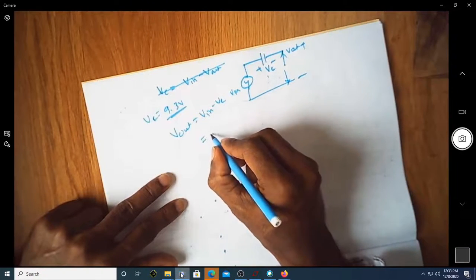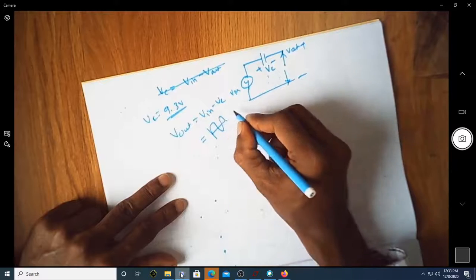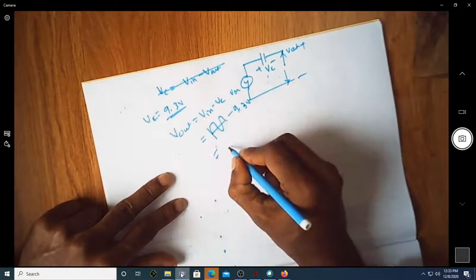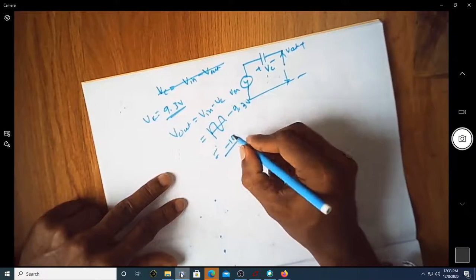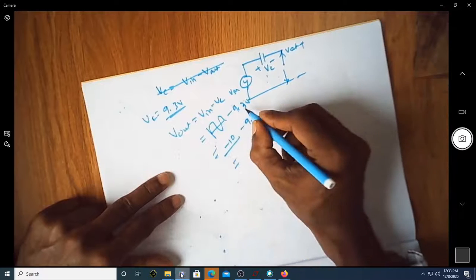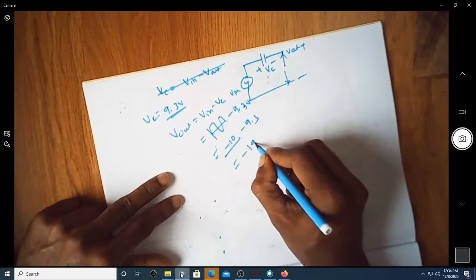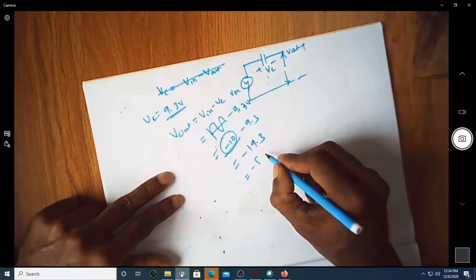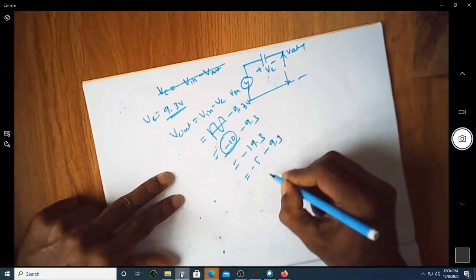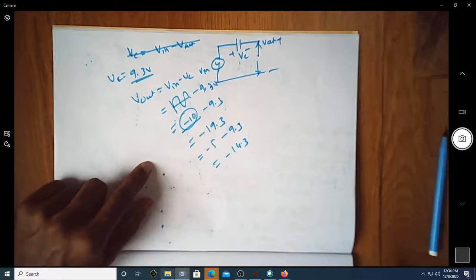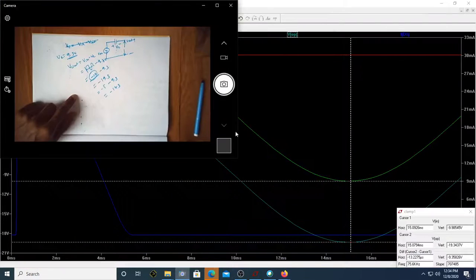So now V in is your sinusoidal waveform, and this is 9.3. Assume that this is minus 10 volt. If this is minus 10, you already have a Vc of minus 9.3. Of course, 9.3. Can you see it is now minus 19.3? Suppose this is minus 5. Then it is minus 5 minus 9.3. Can you see now it is minus 14.3? You can simultaneously see that over here.